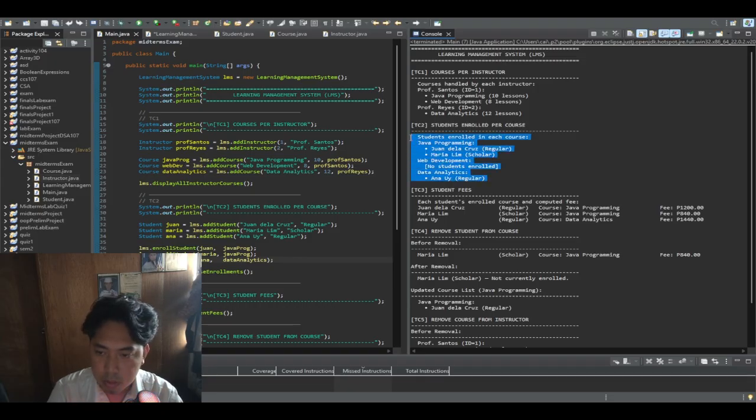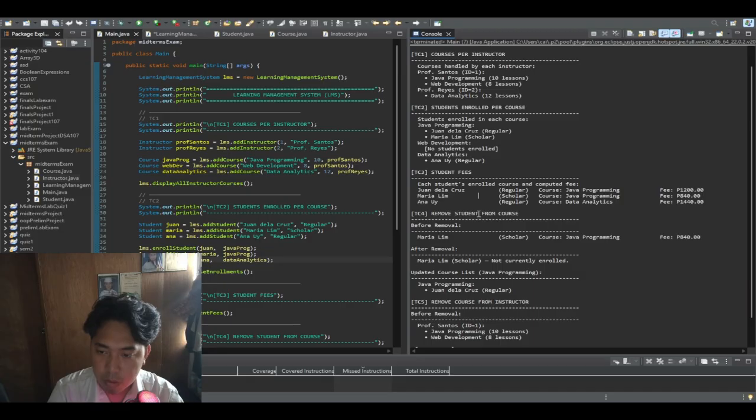We then call display all course enrollments, which loops through every course and lists who is inside. The output confirms that Java programming shows both Juan and Maria, data analytics shows Ana, and web development shows no students since no one was enrolled in it.